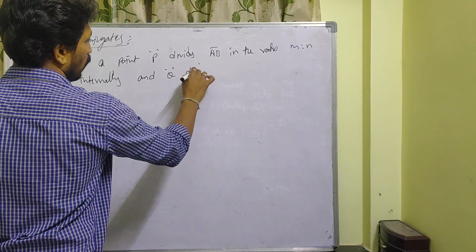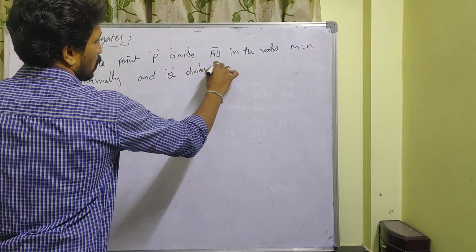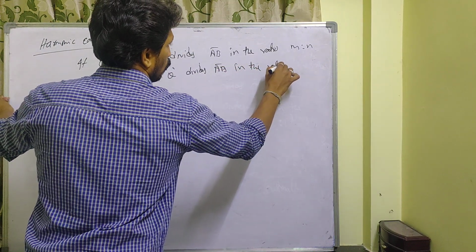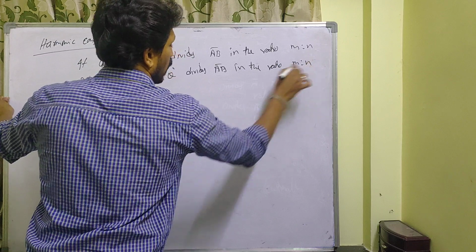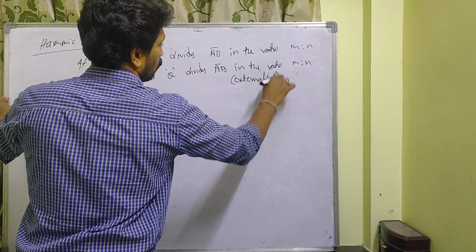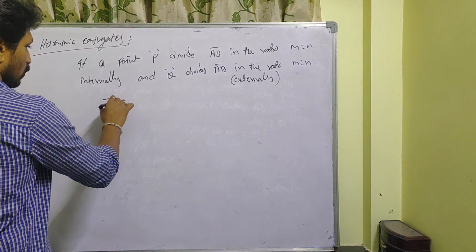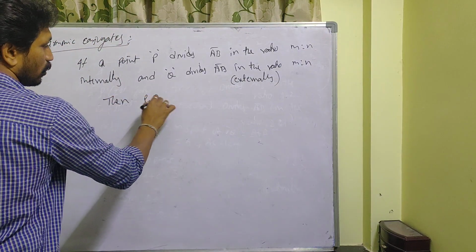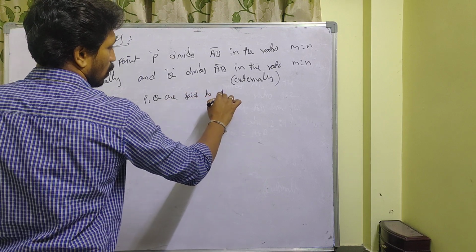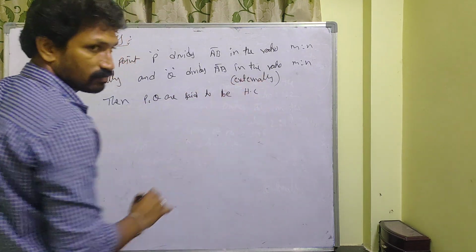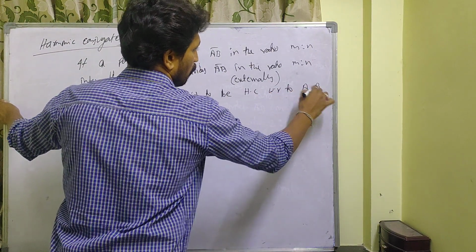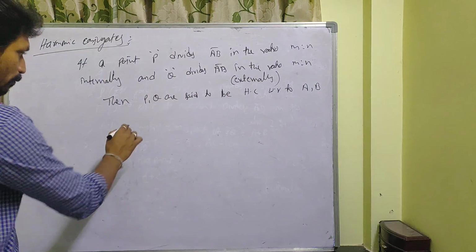Q divides AB in the ratio same m:n, externally this time. Then P, Q are said to be harmonic conjugates with respect to A, B points. So that means